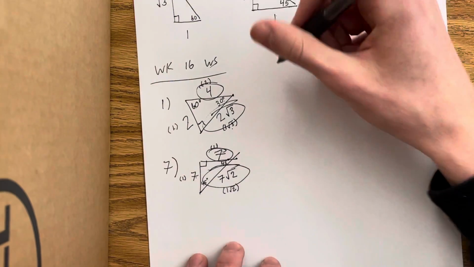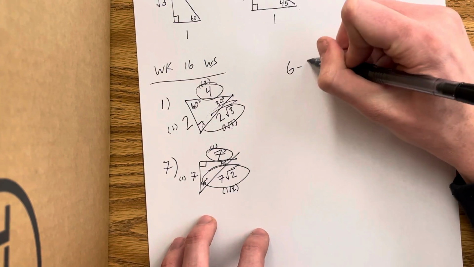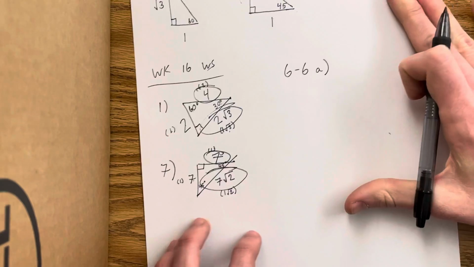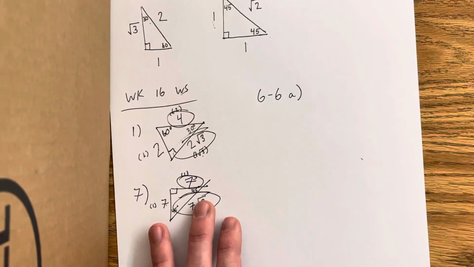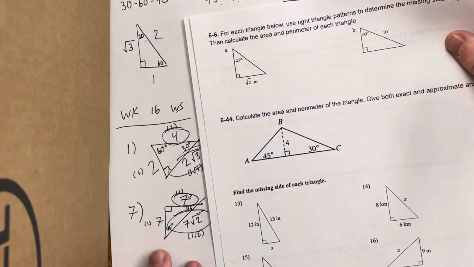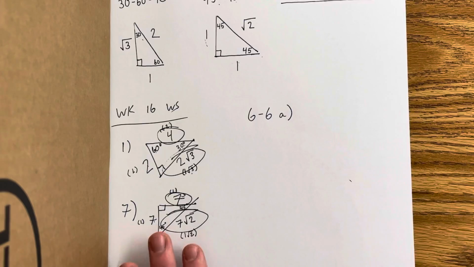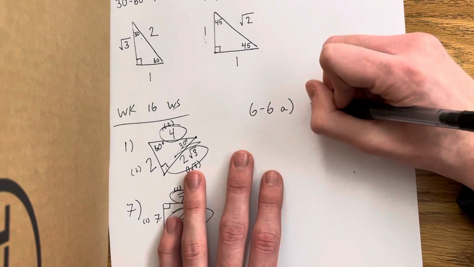Let's do a little bit more of a tricky one. This is also on the week 16 worksheet, but it's on 6.6a. It's on the second page. It's right here. This one asks us to find the missing side lengths and then find the area and the perimeter. So for this one,